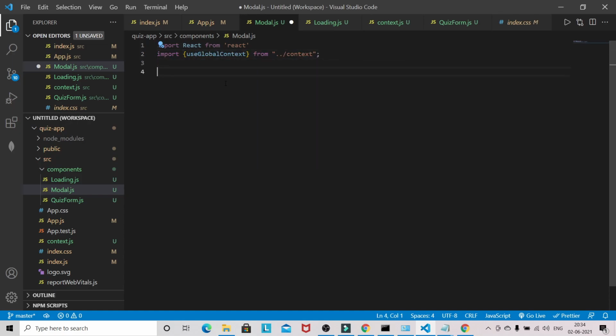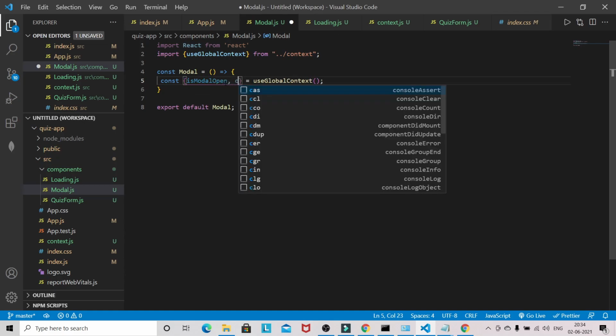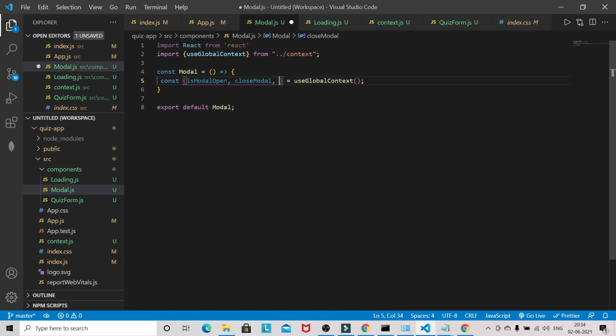So const model, and I will export default model, and from use global context I will use is model open, close model, correct, and questions.